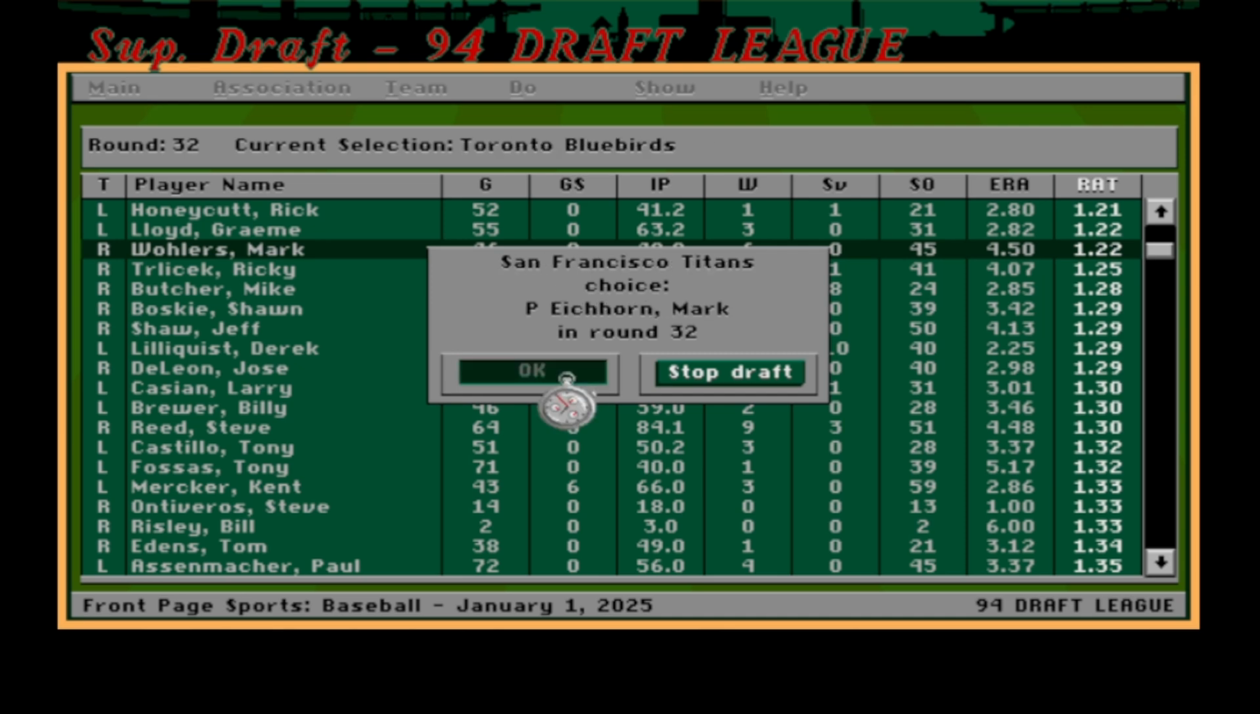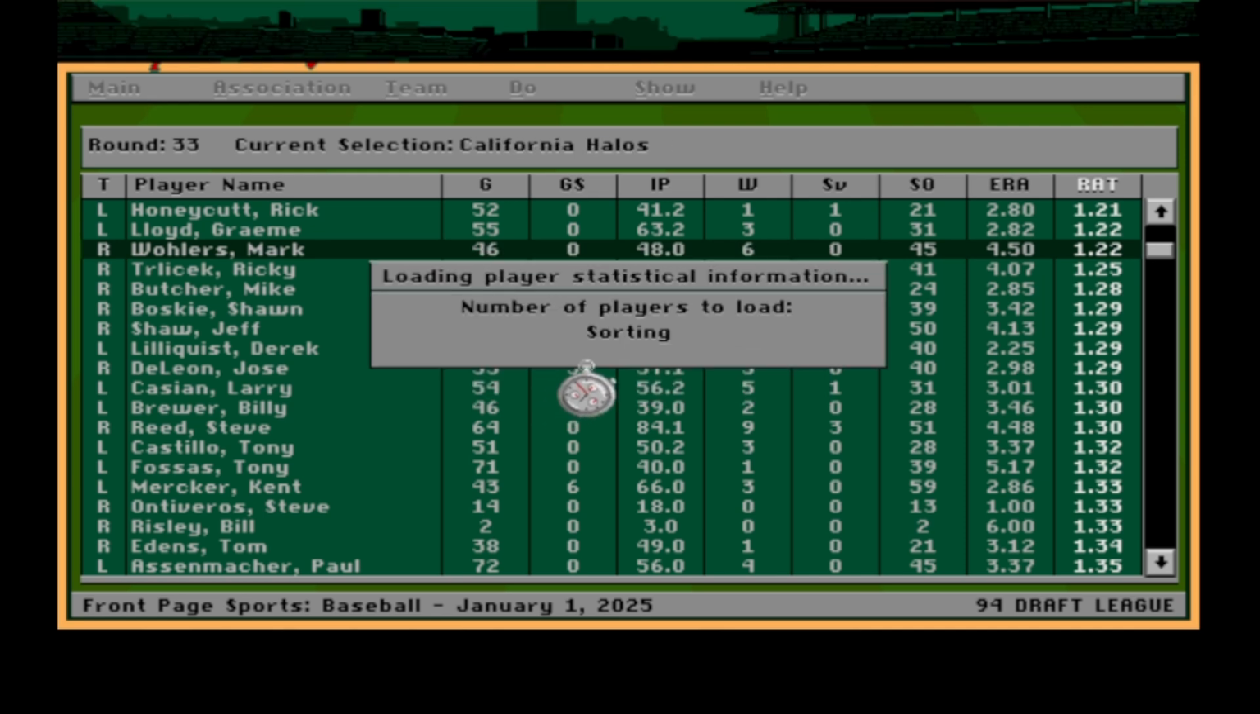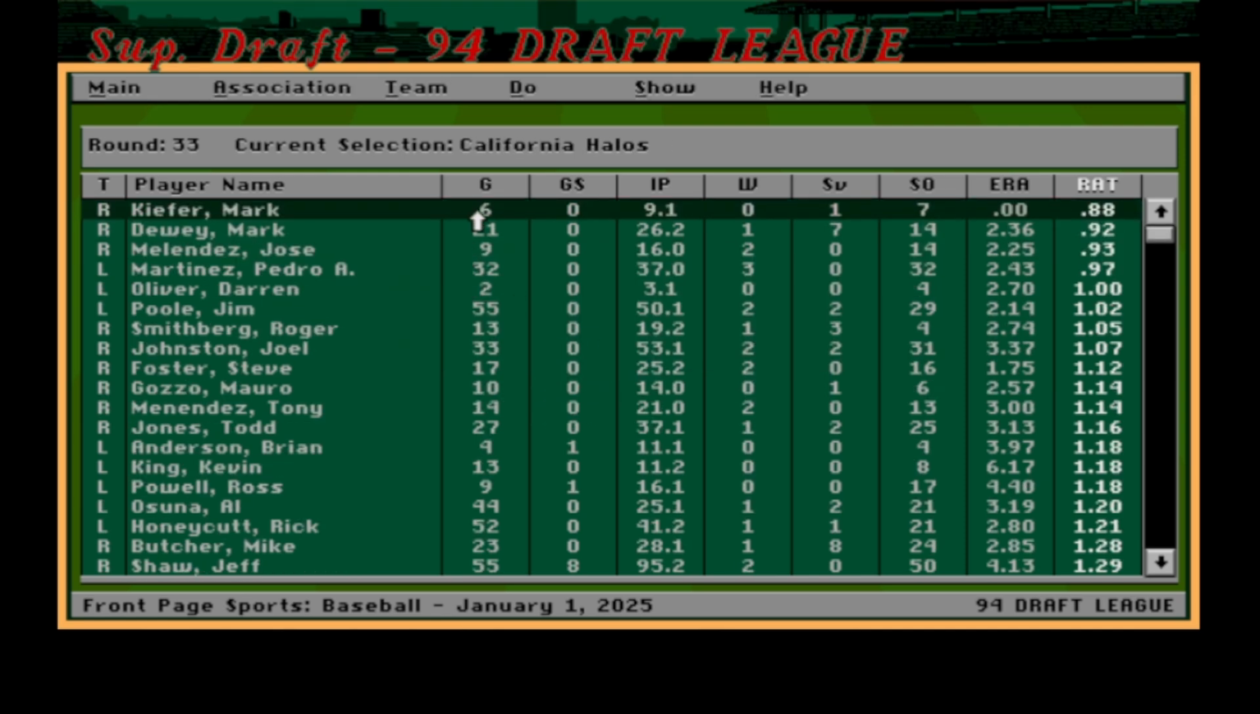He didn't have any saves that year. I think that's when they were still doing like Greg McMichael and Mike Stanton and a couple other guys in their bullpen. So we will do that. We're in round 33 here. Don't know how many rounds we go. But I know when it's doing the sort here, we're running out of pitchers, so